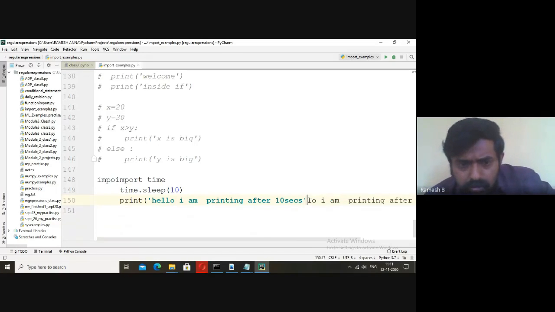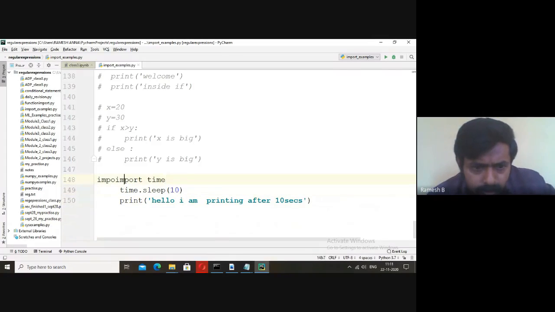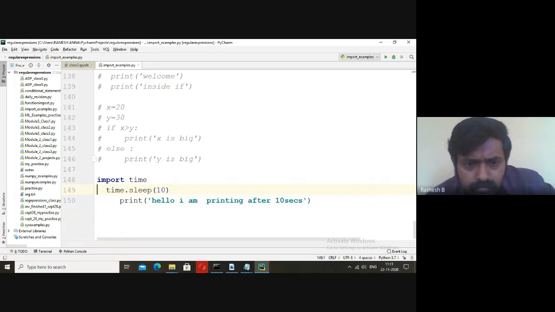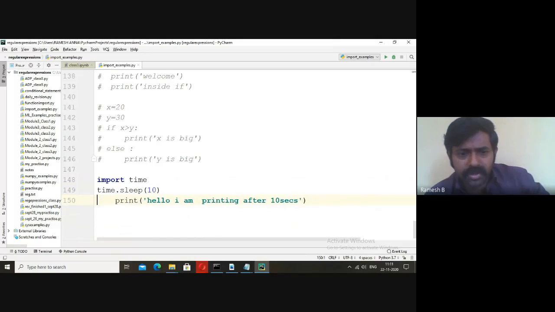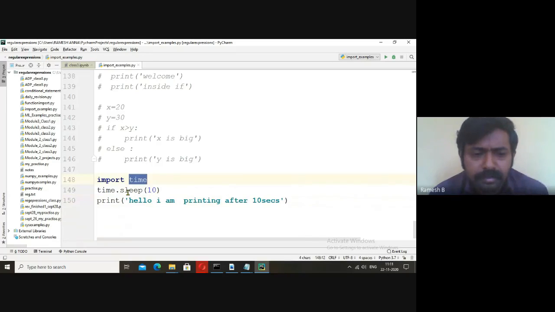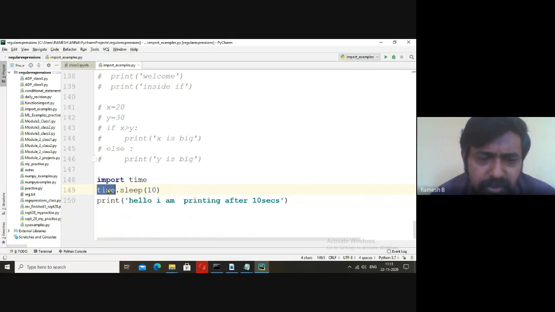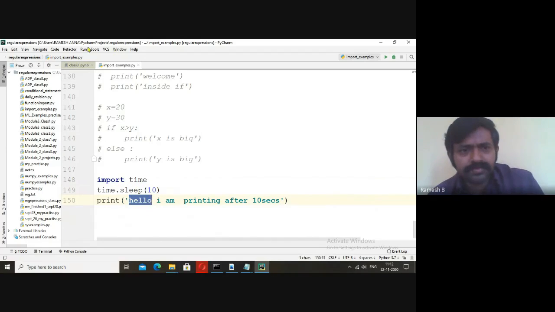I'll close this. See here. Okay, we are importing time. We are using a method, a function defined in time. Time is like a library, so it will have some functions like sleep. It will also have some classes, all those things. So if I run this,